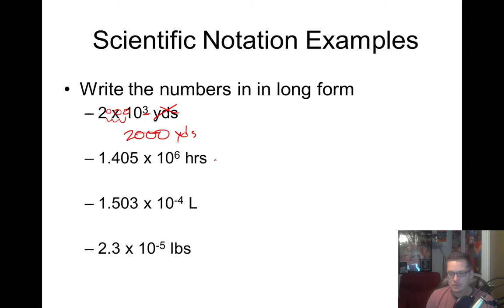Garbage unit. This is not metric. Anyway, all right,